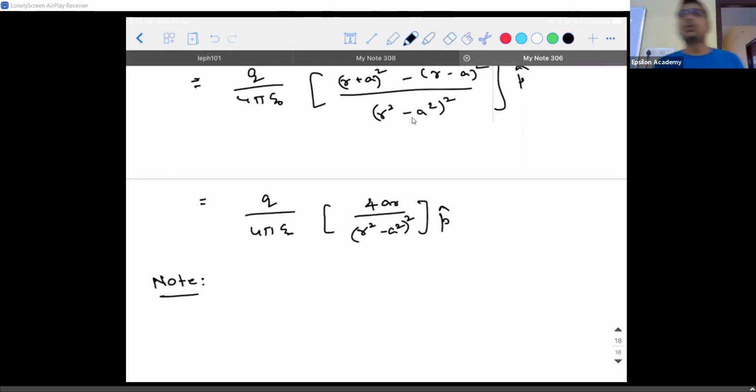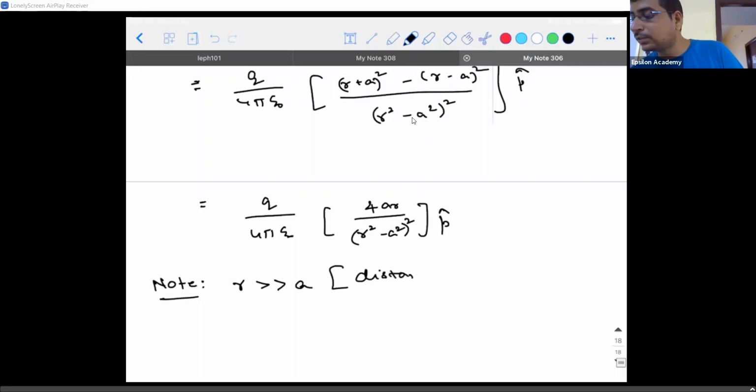In the definition of dipole, I told you one important point. I asked you to underline something. What is it? The distance of separation is very small. So when I say the distance of separation is very small, how are we going to look at it mathematically? It is like this they are saying. The point where you are trying to calculate the field will always be very much greater than the distance of separation between the charges from their centers. This is what they mean by the distance between charges in a dipole is very small.